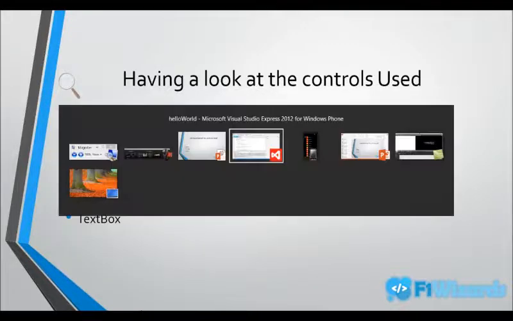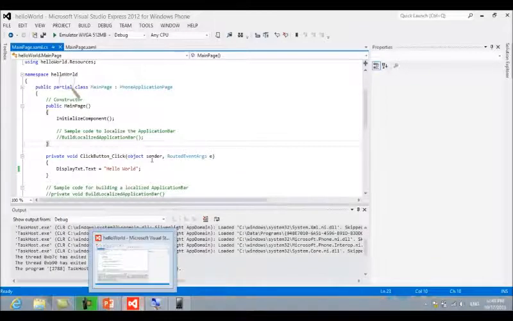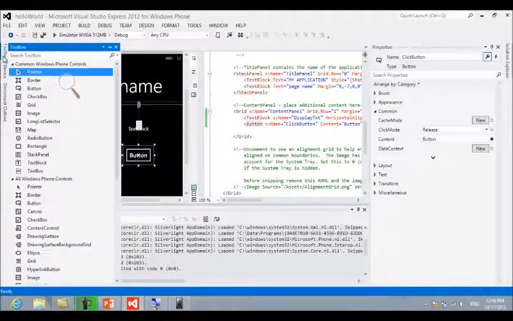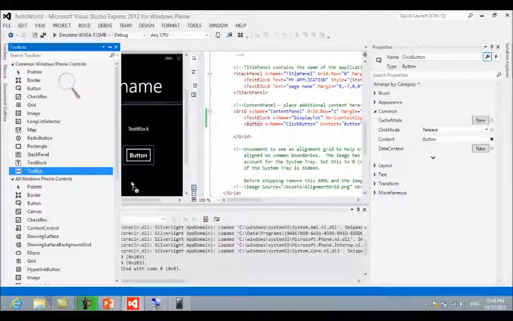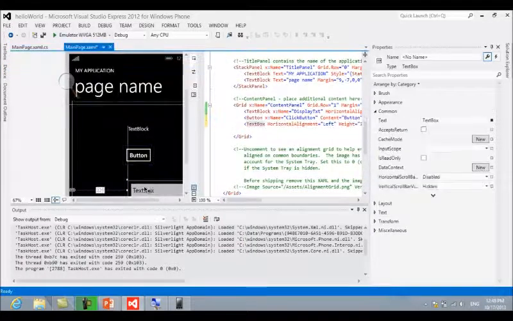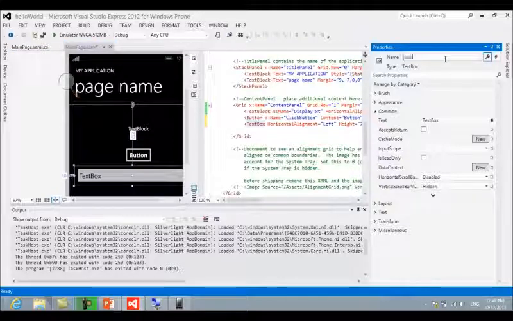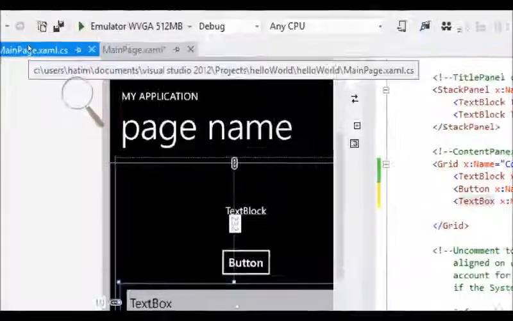So let's come back and I'll show you that demo right away. That is what we can do with the text box control. So what we'll do is I'll drag a text box, paste it over here, and manage it properly. What is the second thing we do? We name the control. So I'll name it input txt. Click on enter. You can see that the XAML code has been automatically created over here for input text. Coming back to our code file, that is the MainPage.xaml.cs.